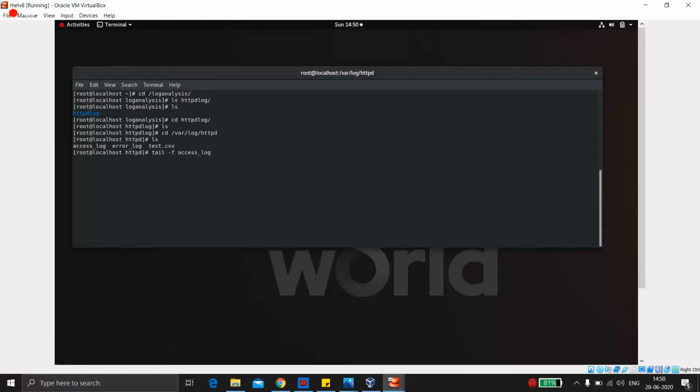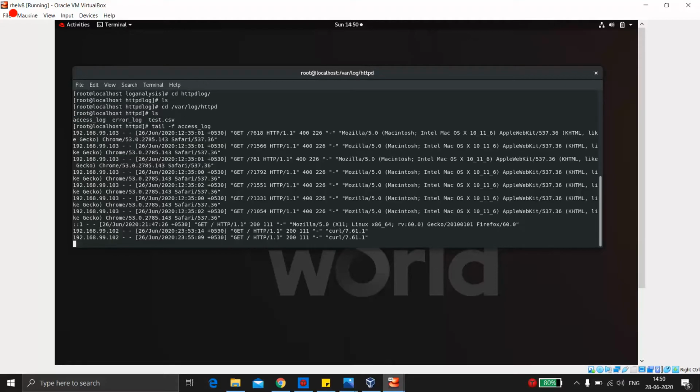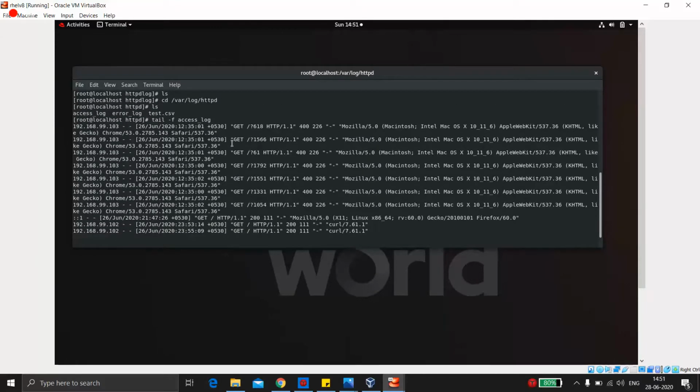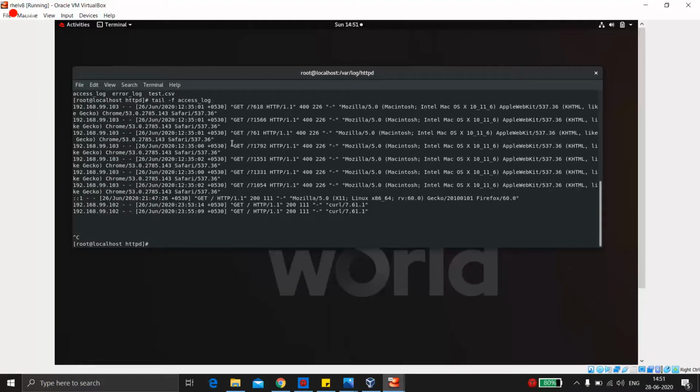So what I'm doing is I'm using a tail command. What this tail command does is it will show, I think, the last 10 records, and it shows the live update of the file. So if you do this command, it will show the last 10 records, and it's in real time. If you hit the server, the log entry would be made here. You can see it in real time. So this is what the tail command does. This is the log of my local system, not of the web server which I'm running. I'll show you how to get a web server using Docker. We'll do it completely using Docker.